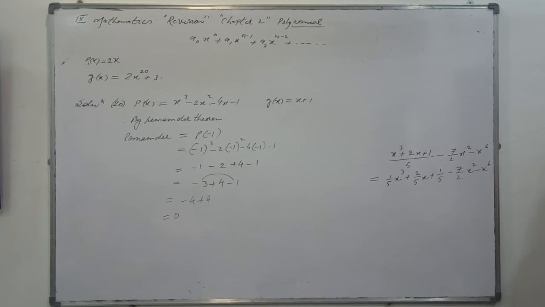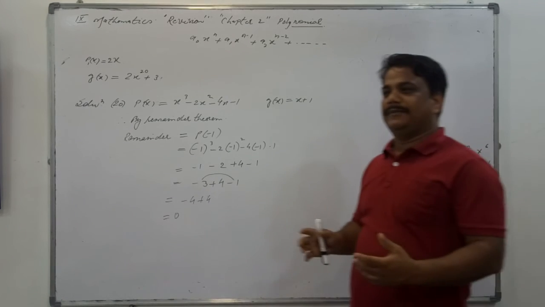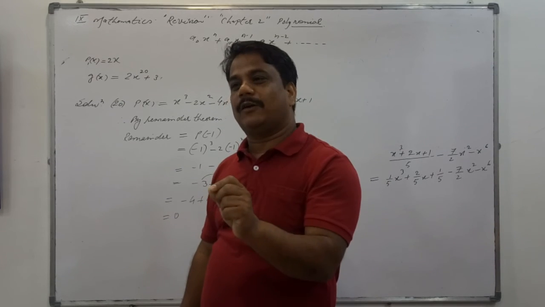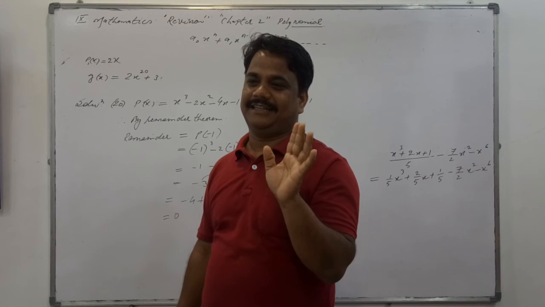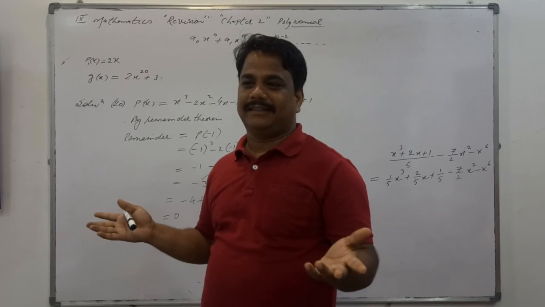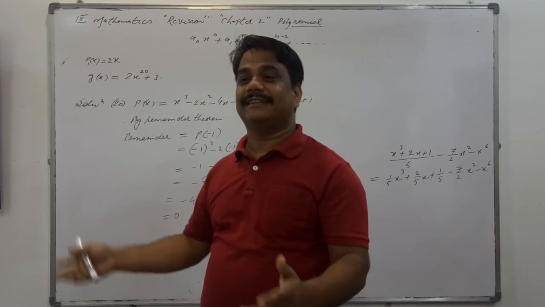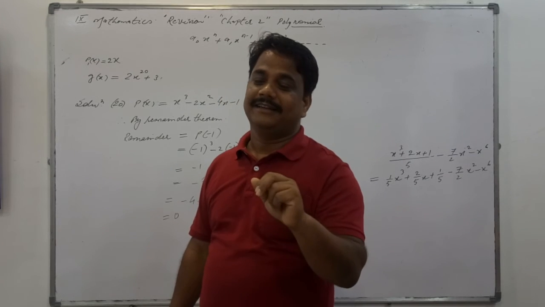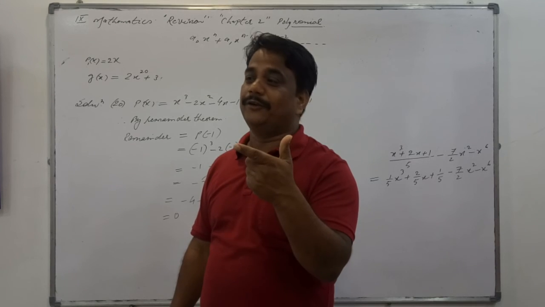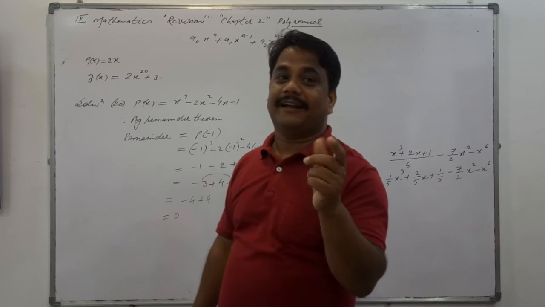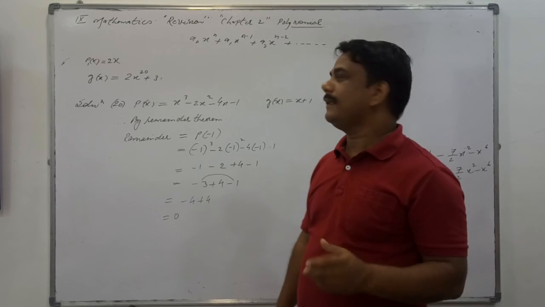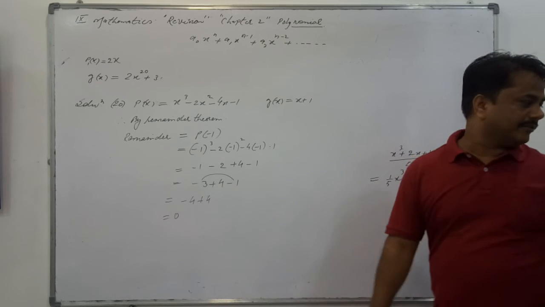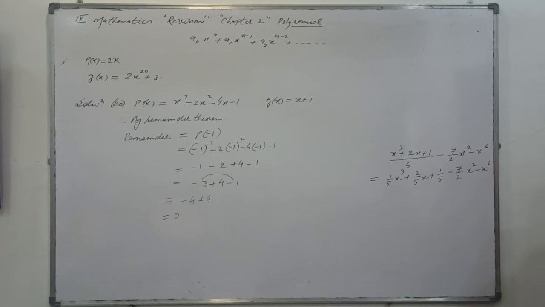Now I just want to ask you, is there any doubt in this chapter? I think you have studied this a lot of times this year, and in the revision I am just giving you, you will get doubts when you start solving questions. Is that clear? Only 2-3 topics are there in the chapter. First is the remainder theorem and second is the factor theorem. If you are perfect in solving questions by factor theorem, middle term splitting, and cubic polynomials by the hit and trial method. Middle term splitting method, okay, I am telling the middle term splitting. Select any question from here, right now. Any quadratic is to be selected here.